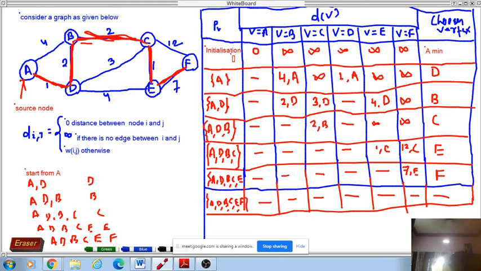So what is the single source shortest path problem? You just make the sum. Total will be how much? A to this is 1, this is 2, 1, 3, 2, 5, 1, 6 plus 7. How much will it become? We do not require the length, we want to find the path. So the formula will return the length, that is 13. This is a simple example of your single source shortest path problem.